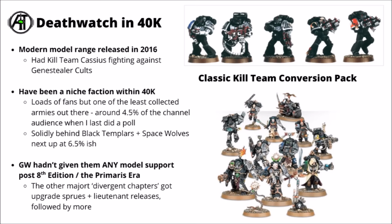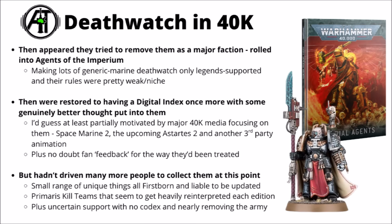It might have been because they had kind of recent model releases that Games Workshop neglected them compared with the rest. They just didn't get any sort of post-8th edition or Primaris era support. All the other major chapters getting upgrade sprues and at least one token lieutenant in their chapter's iconography, and the Black Templars having their big release in 9th edition. They'd been getting support of one of 40k's more mainstream armies before that, but then in 10th edition Games Workshop